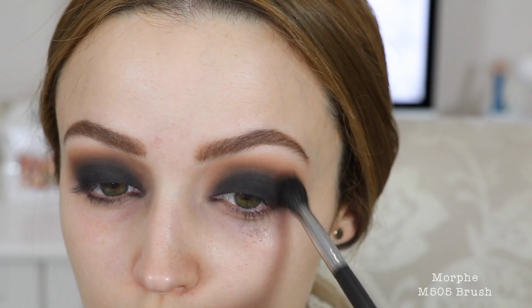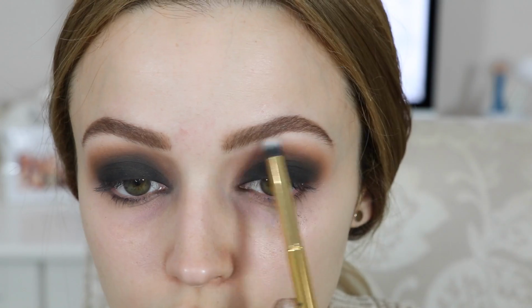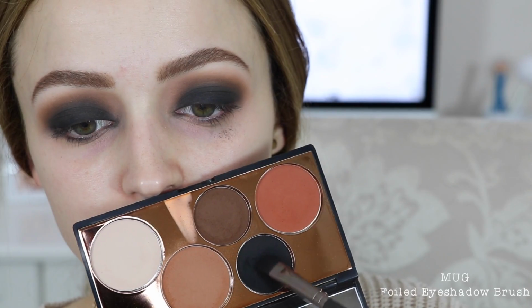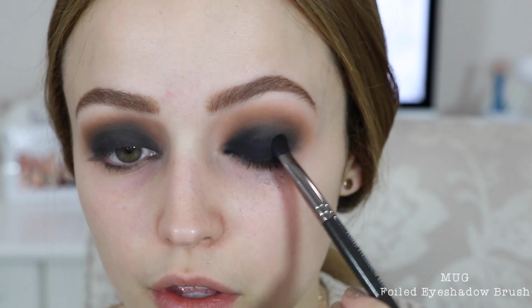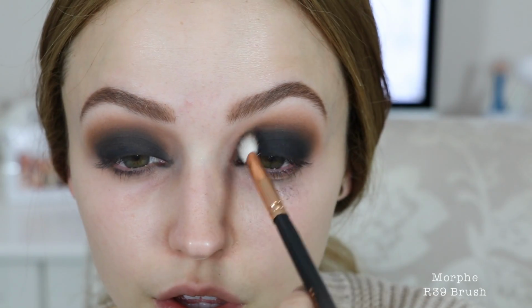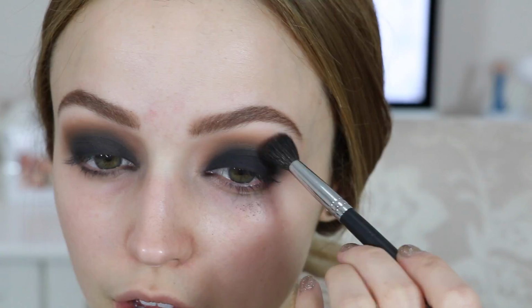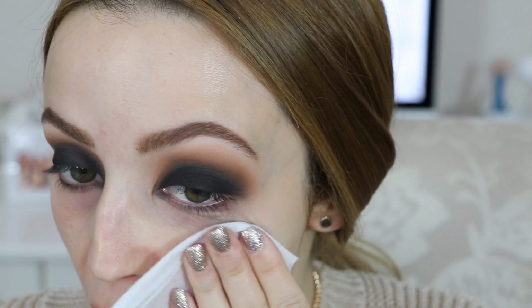I'm going back and forth with these shades, just making sure that everything is nice and seamless and that there are no harsh lines. Going into that vanilla shade, and I'm going to clean up underneath my brow bone, and then I'm just going to do the process all over again, because when you blend so many colors in the crease, the black will fade away. So just repeating all the steps all over again, working those two browns in the crease,